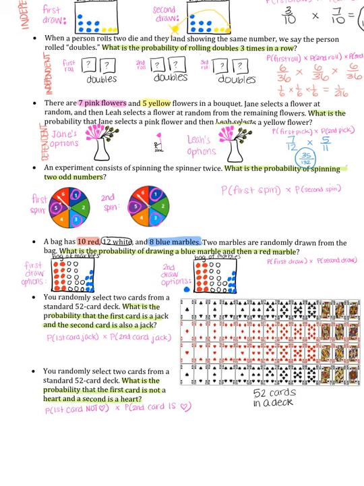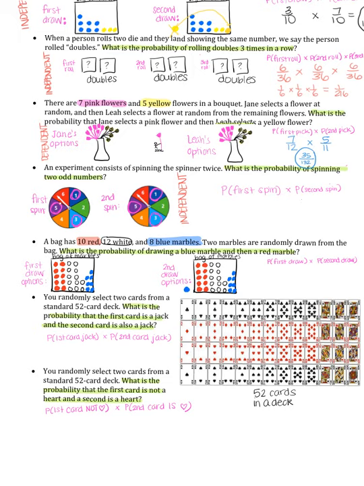On this next example, an experiment consists of spinning a spinner twice. What is the probability of spinning 2 odd numbers? Well, notice that my first spin and my second spin are not related at all to each other. That makes them independent events. So I simply need to calculate the probability of the first spin and multiply it by the probability of the